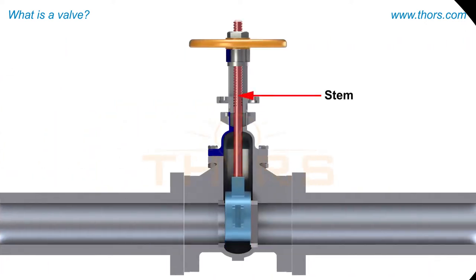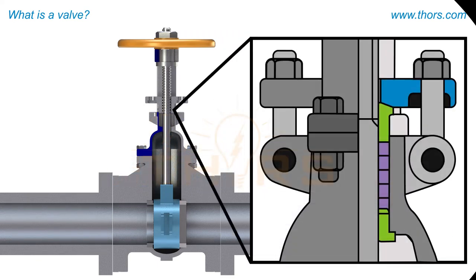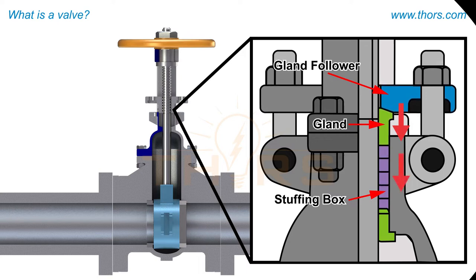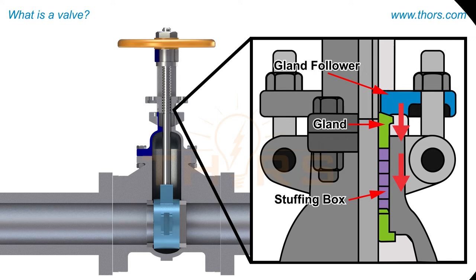The stem is connected to the operator on one end and the valve's closure member on the other end. The stem changes the position of the closure member to open or close the valve. A gland packing arrangement between the stem and the bonnet helps prevent leakage to the atmosphere. A gland packing arrangement consists of a metallic ring called a gland follower, a bushing known as a gland, and a stuffing box. The gland follower and the gland together compress a flexible sealing into the stuffing box to prevent